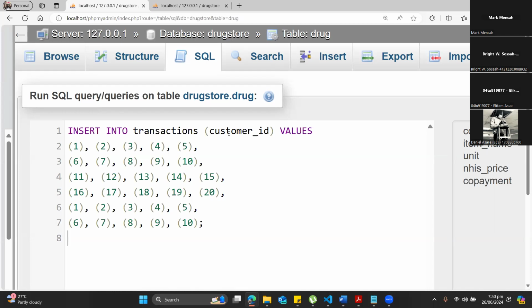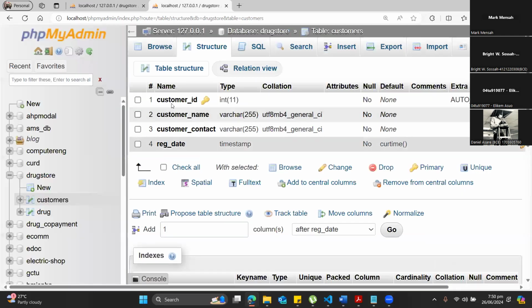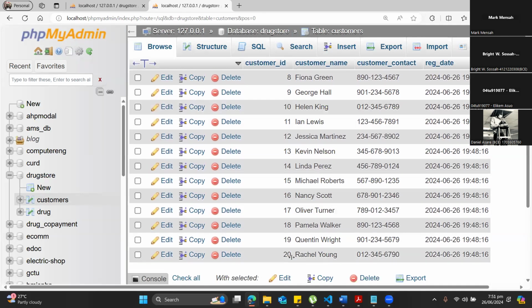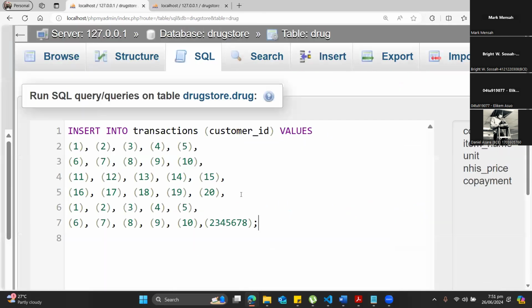What happens if the ID I am typing here is not in the ID in the customer table? What happens? Over here, for example, if I come and I say comma, this, what is going to happen to my application? This person here obviously does not exist in the customer table here. You can see that we have customers from 1 to 20. We do not have a customer of this value. When I press go,